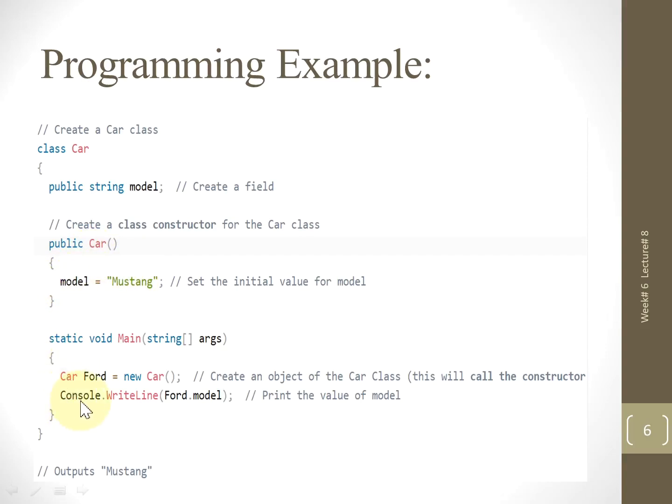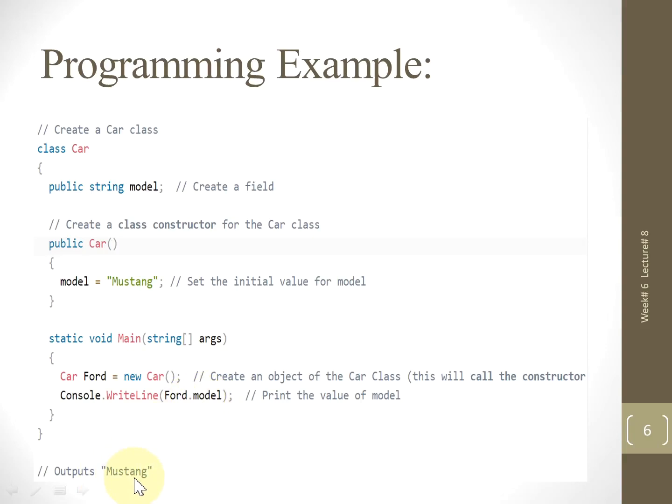We have just printed, in the second statement, console.write, just the data member, Ford.model. It means we are calling the data member, and the data member is public. So Ford is an object, dot is for the concatenation, and model is the data member. This object is already created, and the constructor function is already called, so the variable is initialized. When we call the model data member, it will print the model name, which is Mustang. So this is how the constructor function works.